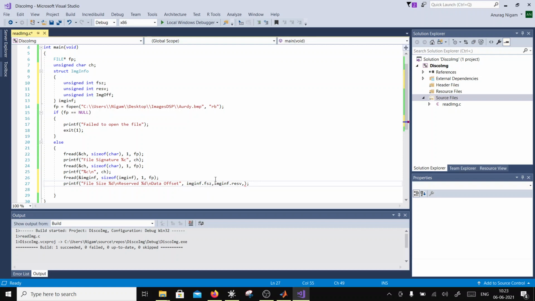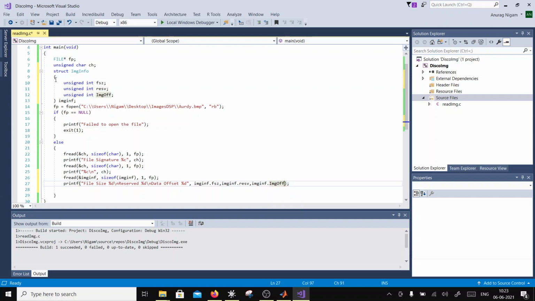So data offset %d, and here I have to put imginf dot image offset, correct?